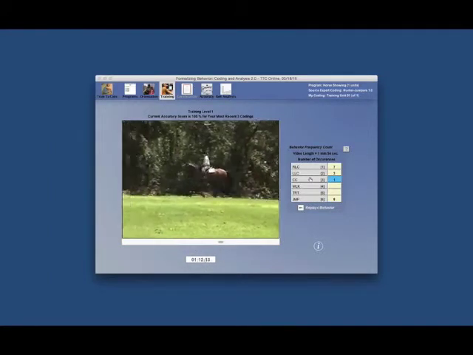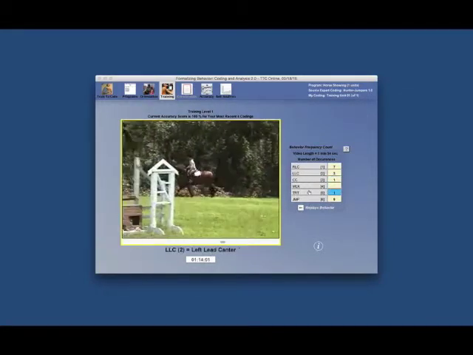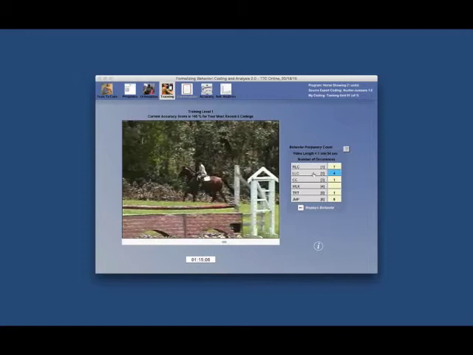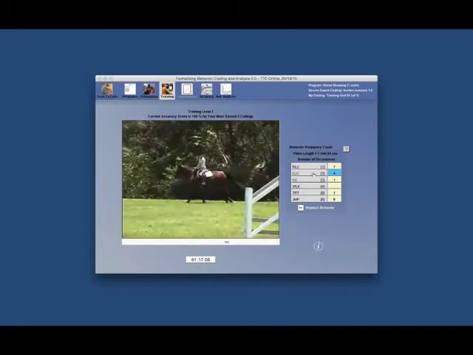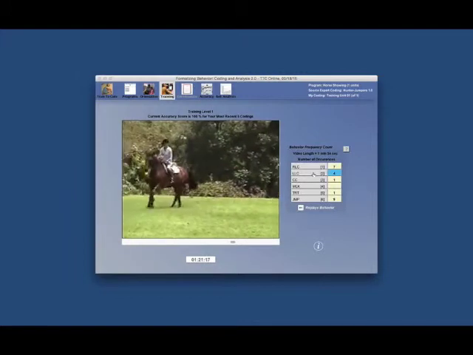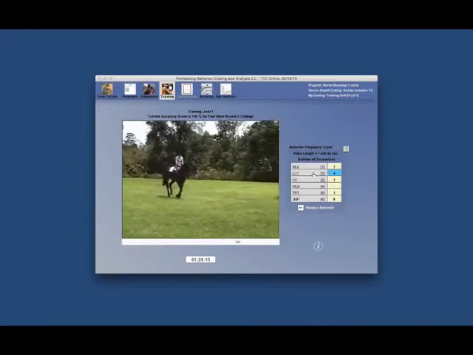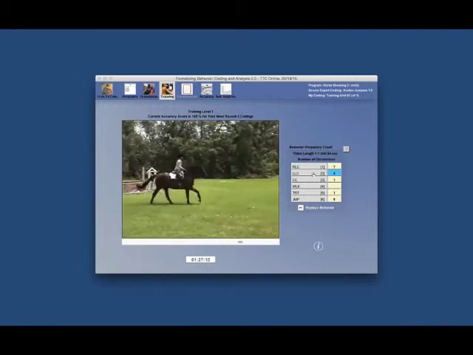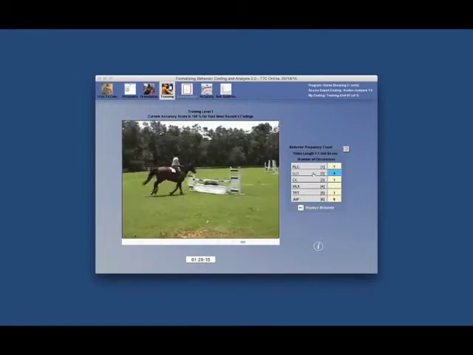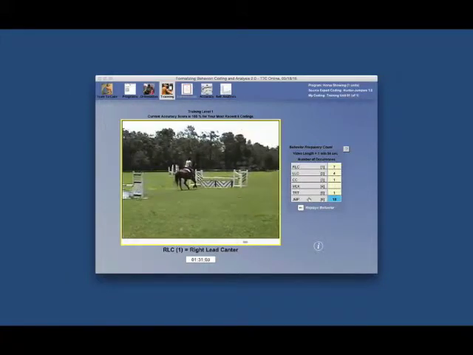Here is a left lead canter that turns to be a trot, that turns to be a left lead canter. I believe the first was a cross canter, actually. The left lead canter continues until the next jump. You see the feedback as they pause and code.